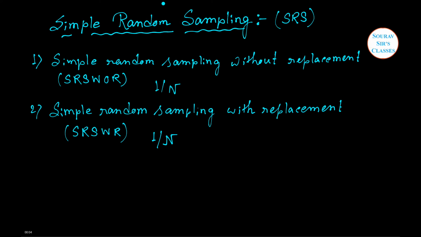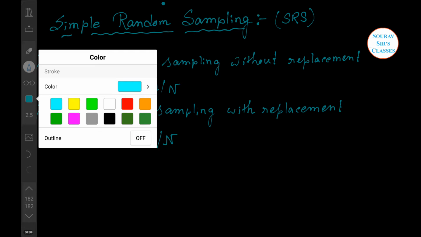Today's topic: simple random sampling, in short SRS. Now, what is simple random sampling? Simple random sampling (SRS) is a method of selection of a sample comprising small n number of sampling units out of the population having capital N number of sampling units, such that every sampling unit has an equal chance of being chosen. Now, number 1, simple random sampling without replacement, and in short we can write